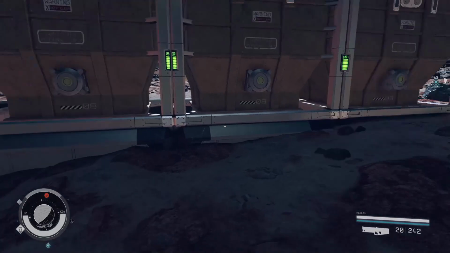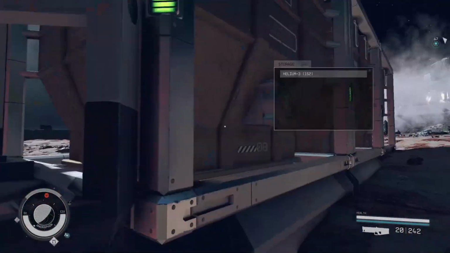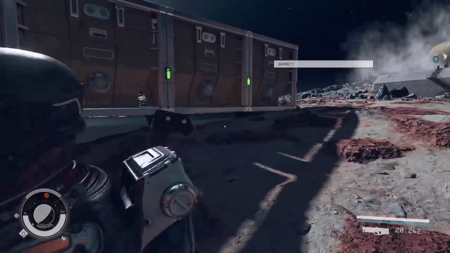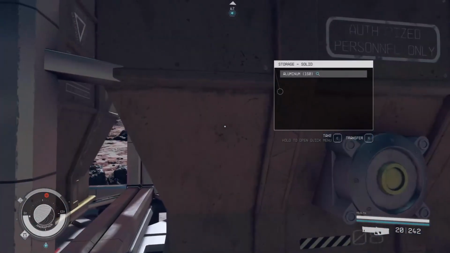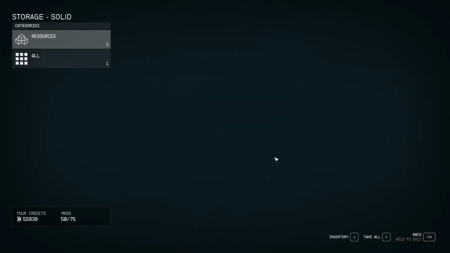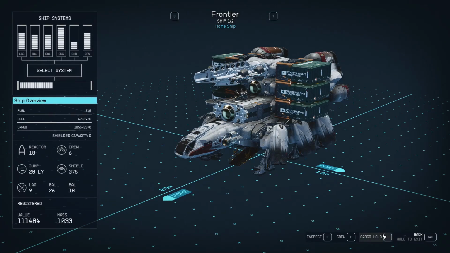So what I do is put these boxes, they each have their own resource, and when I jump in, I put them next to the marker. So when I come in, whatever I need, I just go here and pull out what I want. Let's say I need 50 aluminum or whatever. Confirm. That goes in my inventory. Then I go over here, go down to ship, and then down to cargo hold,